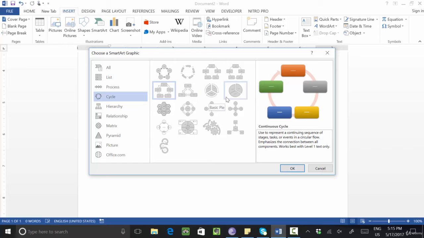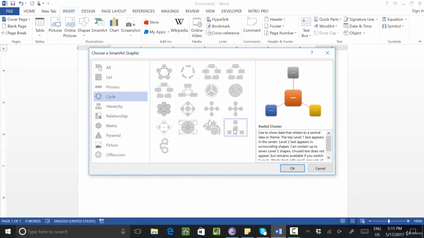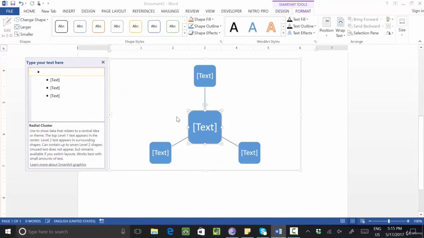Or we can select. Okay, let's see. Suppose this is the admission process. Okay, so I want to show admission process.